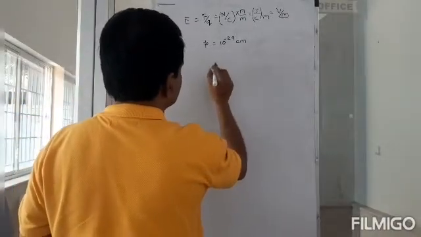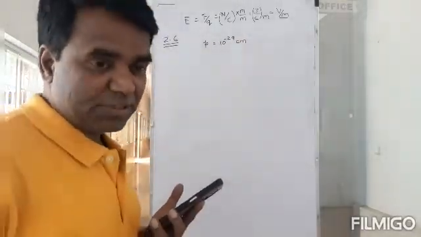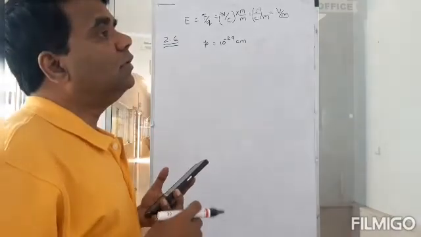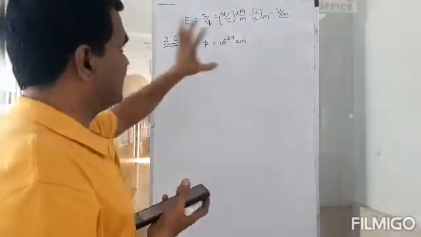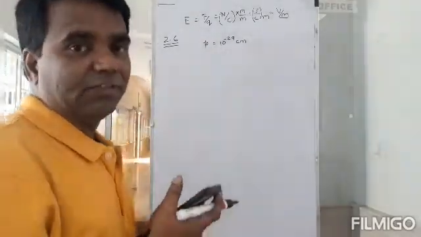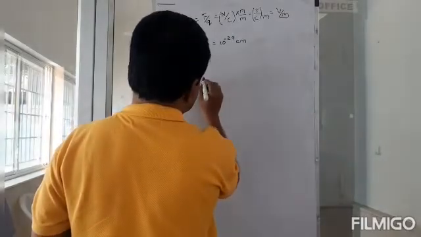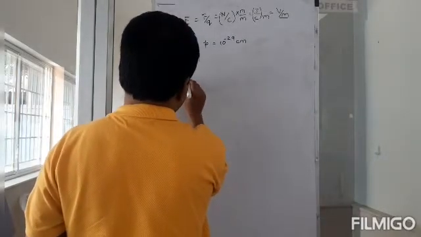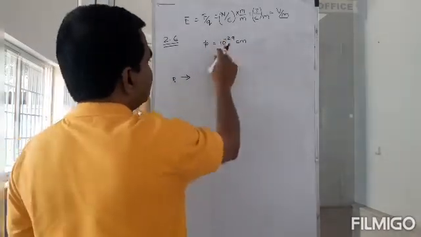You are subjecting this substance to polarization. You are keeping the substance in an external electric field, E. So what happens is, suppose that field is in this direction. So E is in this direction. Let's suppose E is in this direction. So what will happen now? All these